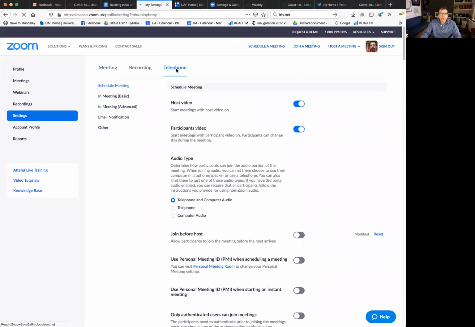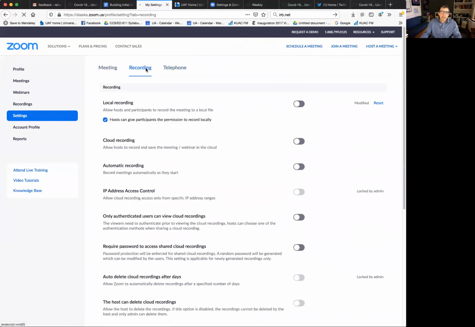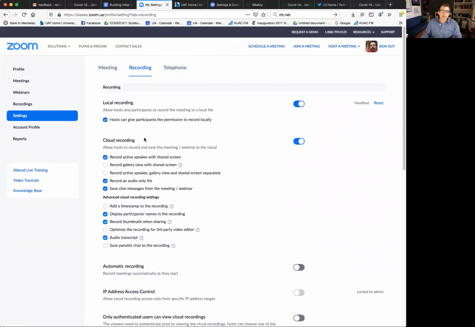The telephone settings, I just go by default. I've never had to change anything. I have very few students join by telephone, but I just leave the defaults alone there. Recording settings, I also generally leave all these alone. The only thing is I do allow this local